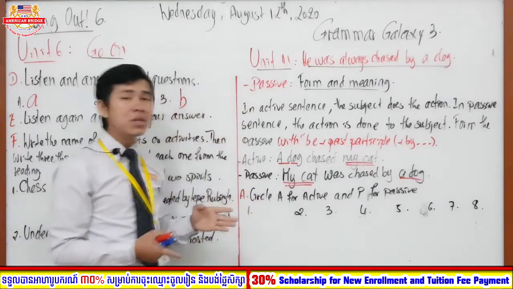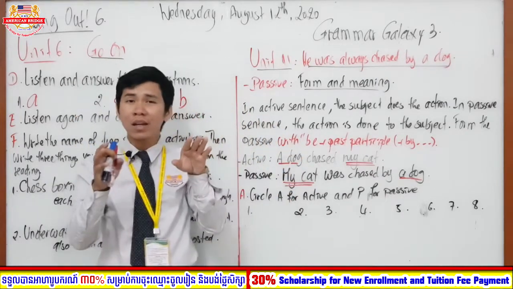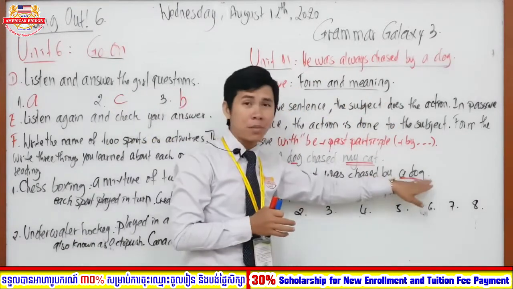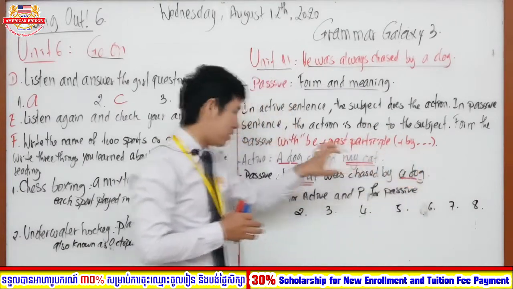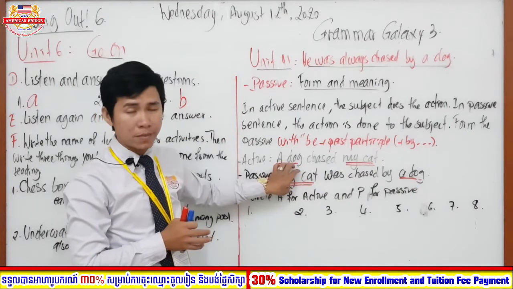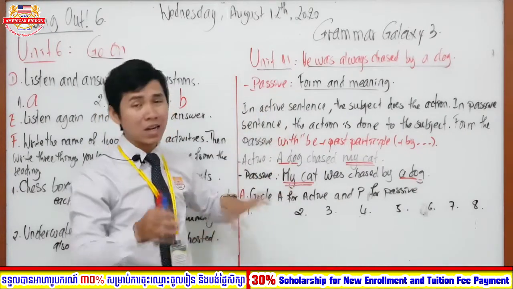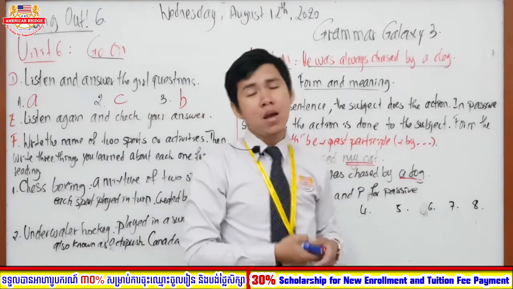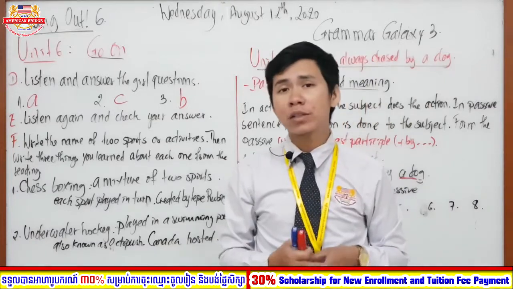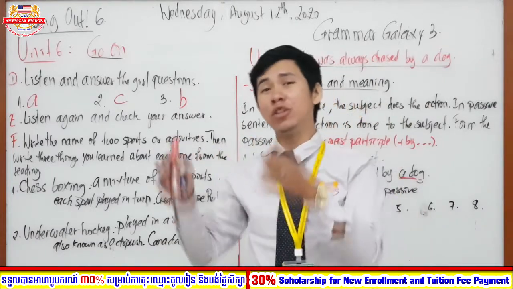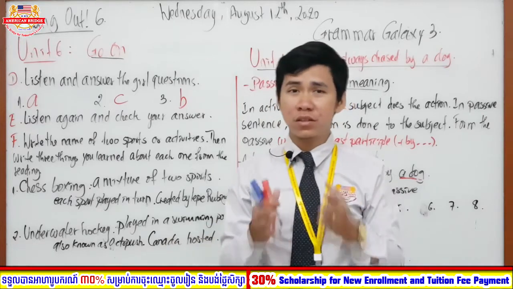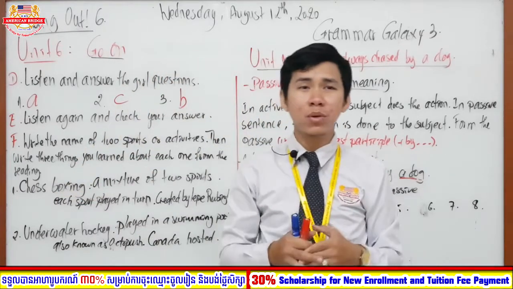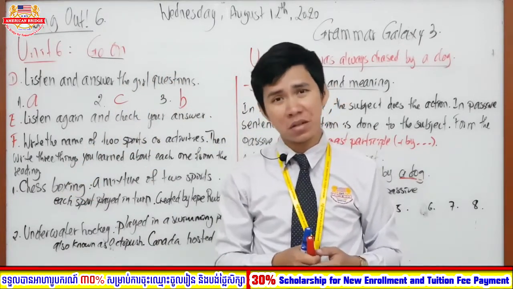In this case, the subject doesn't do any activity, but is the one who receives the activity. So according to our definition, the action has been done by the object, and the subject is the one who receives the activity. If you want to remember it shortly, you can say that in active voice the subject is the doer, and in passive voice the subject is the receiver. When the subject and verb act on the object, we call it active voice or an active sentence.